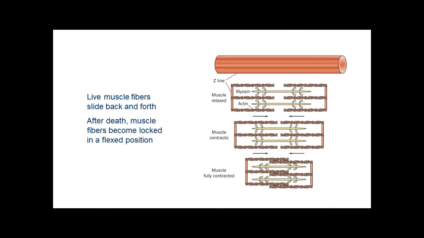So if you are one of my biomed kids, in anatomy and physiology you talked about myosin and actin. This is what it looks like inside a muscle fiber. And so actin and myosin work together to relax and contract muscles. So usually, like when you're flexing your muscles, this is what the contracted state looks like.